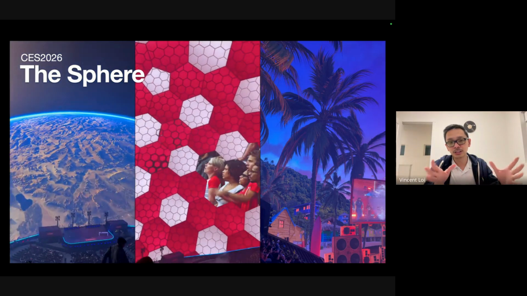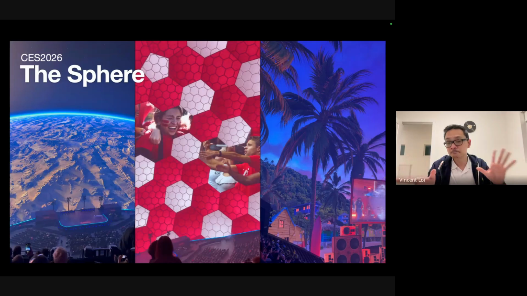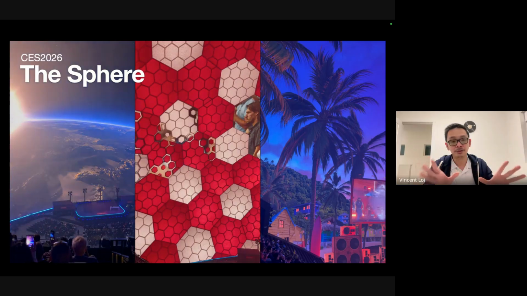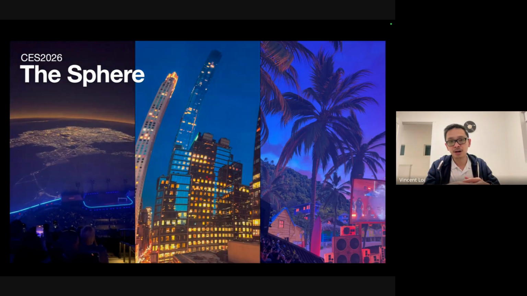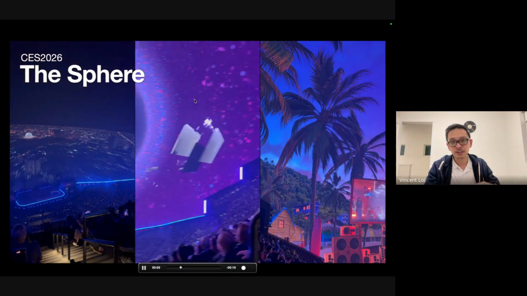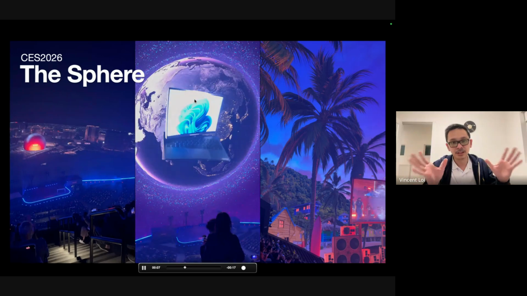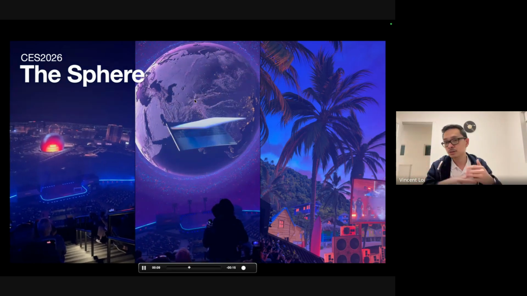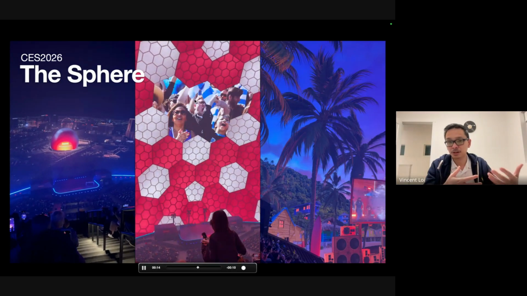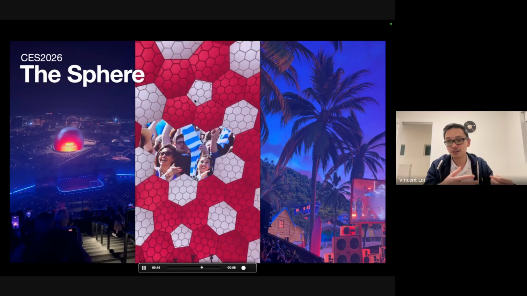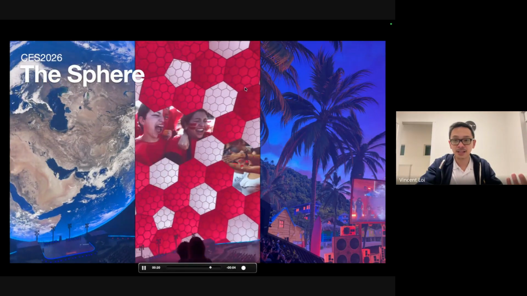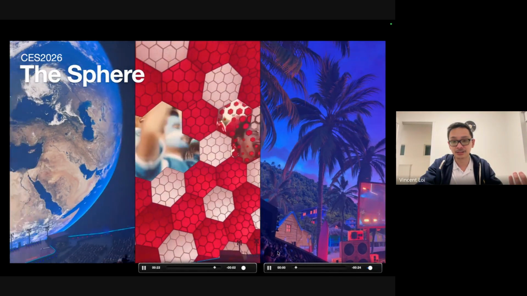So especially this is what we see from one of the keynotes from Lenovo in the Sphere, and whatever you see on this one, the rendering. So actually, this is a giant big screen. So they render all the images in real time. But to make this happen, it's not that simple, from 0 to 1. So everything has to be done in real time, just like this one.